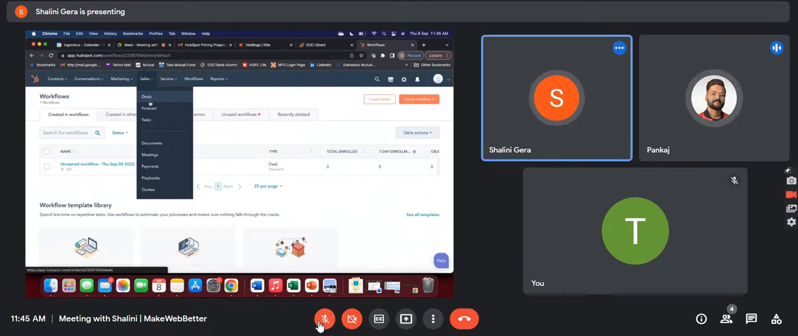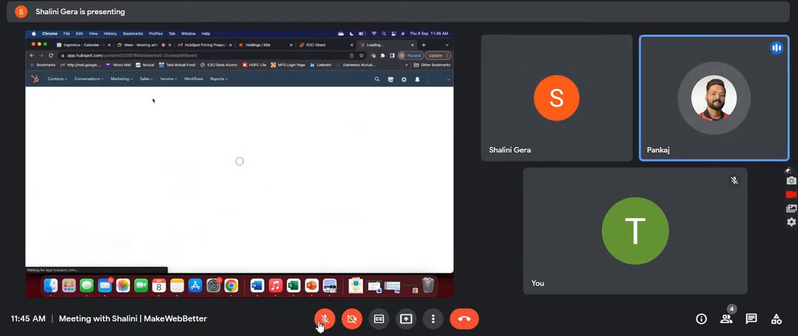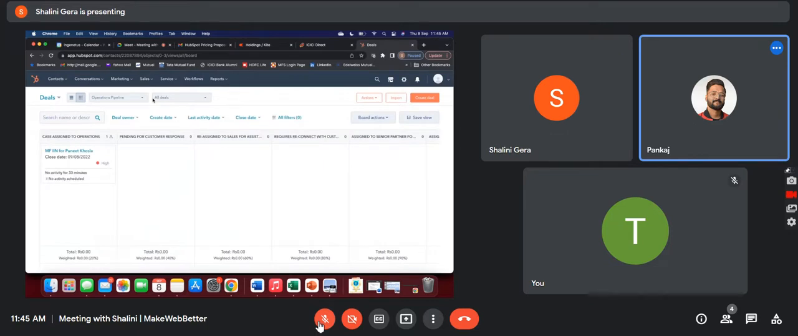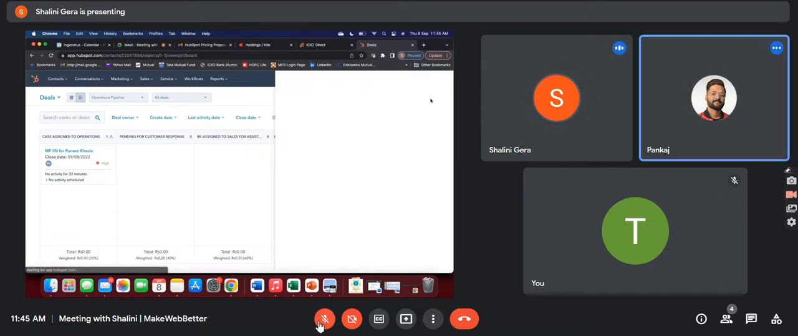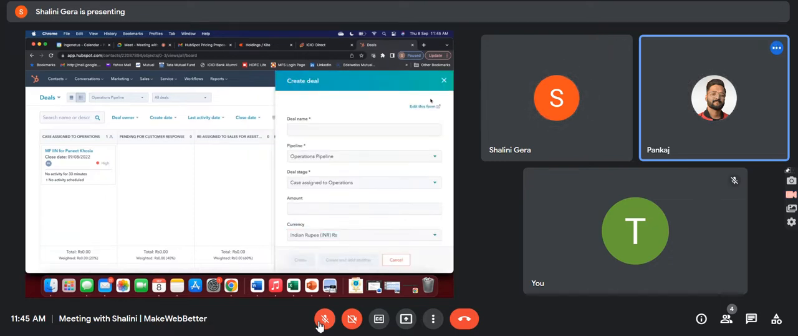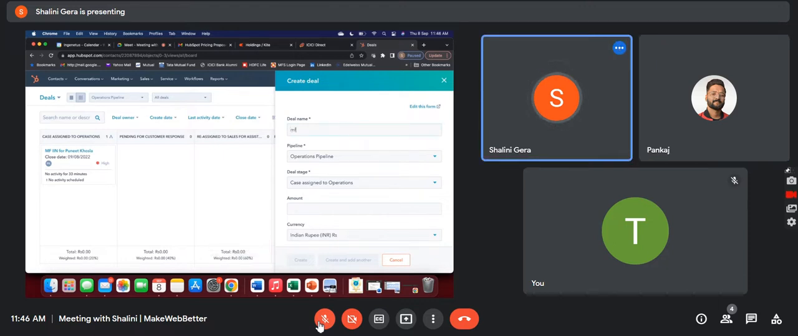ओके, डील्स। ऑन डील्स, यस। Now click on create deal on the top right, on the right corner. कौन सा? So just place a deal name. यहाँ पे कुछ डिफरेंट कर दे, हाँ।